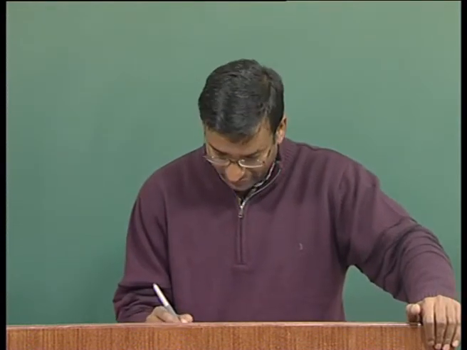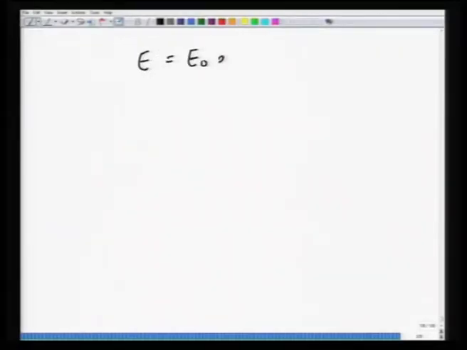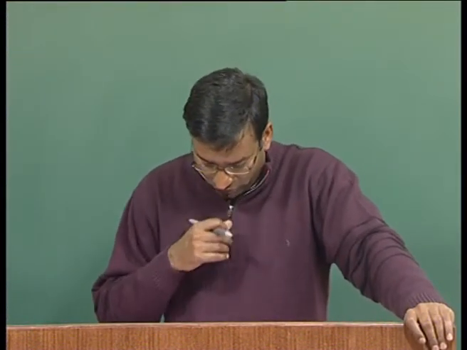Okay. So, now what we will do is insert this. Let us say the field applied is E = E naught exponential of i omega t, and we will treat this system like a gas. It contains n molecules, and all these molecules are non-interacting, so there is no interaction force of these molecules on each other. Basically, we are treating each of them as an individual.